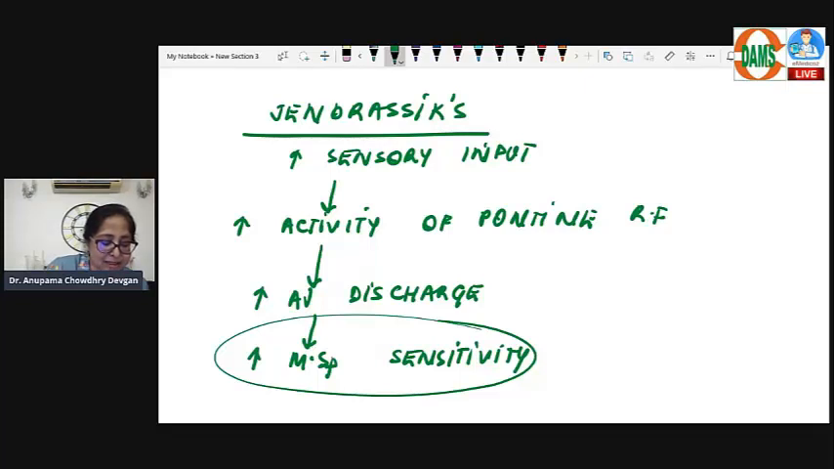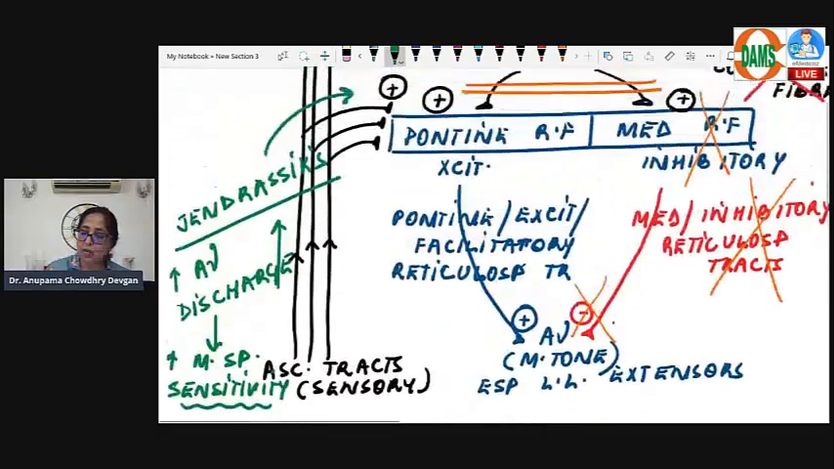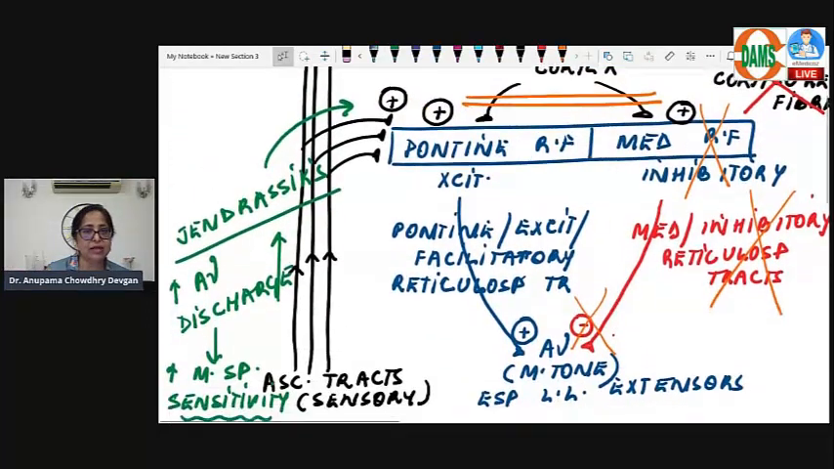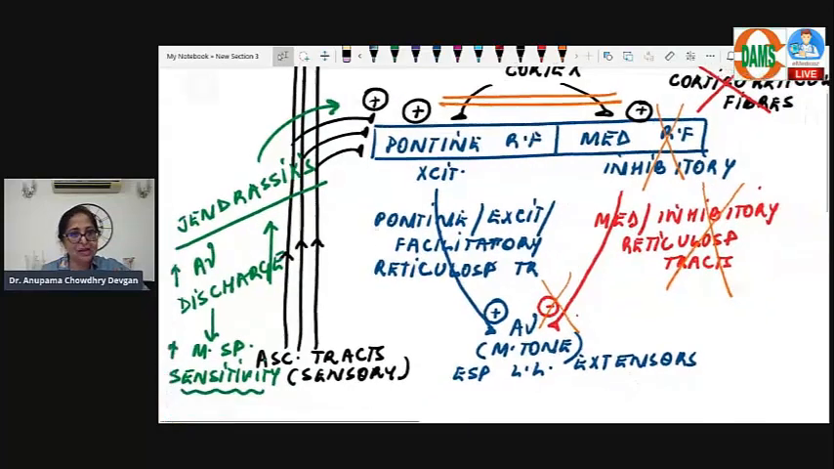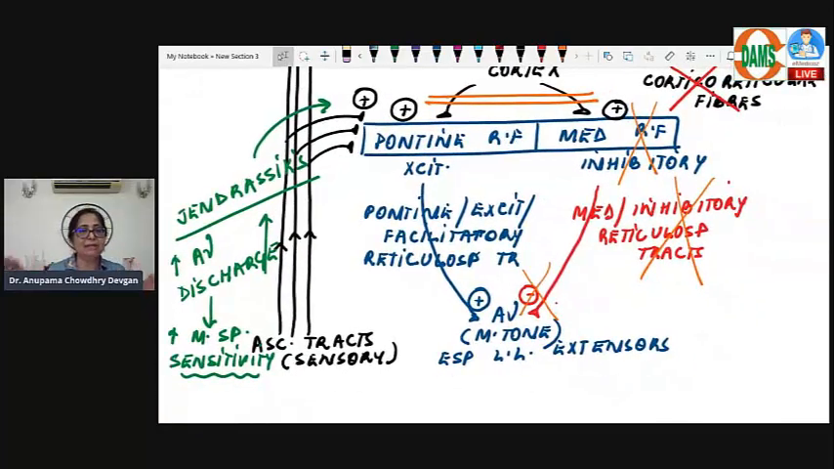Corticoreticular fibers to the pontine area will go. There is no doubt, corticoreticular fibers will be destroyed. Cortical control over pontine and medullary reticular formation will both reduce. Yes, but in the case of the